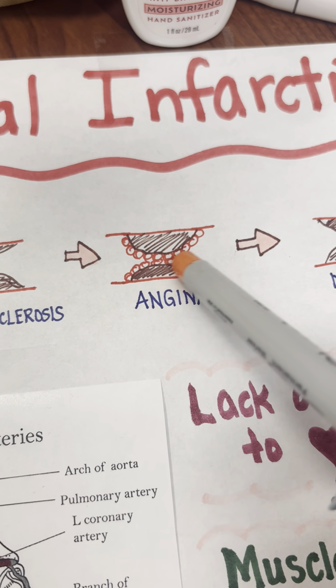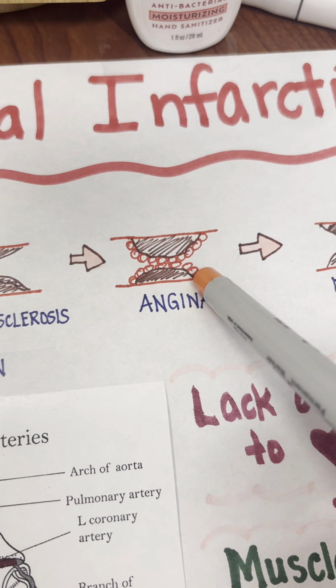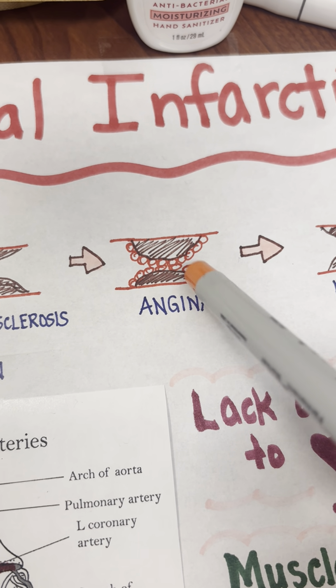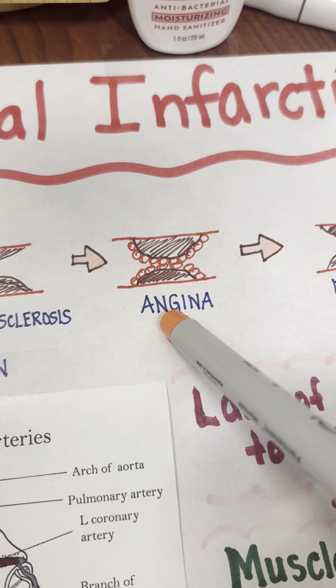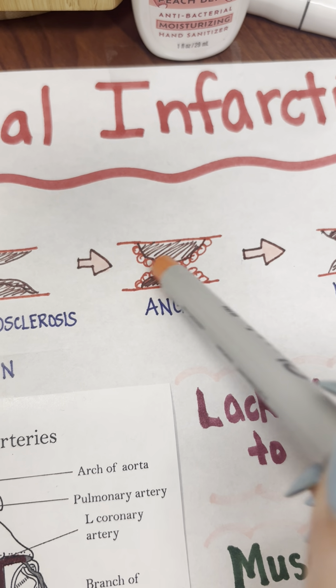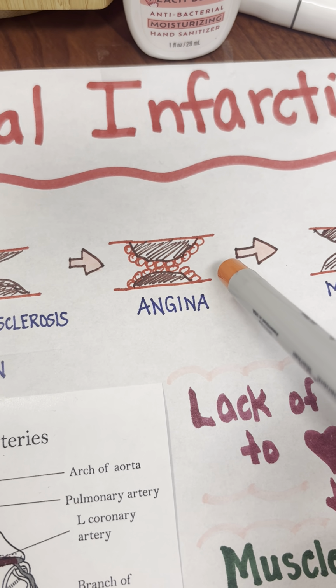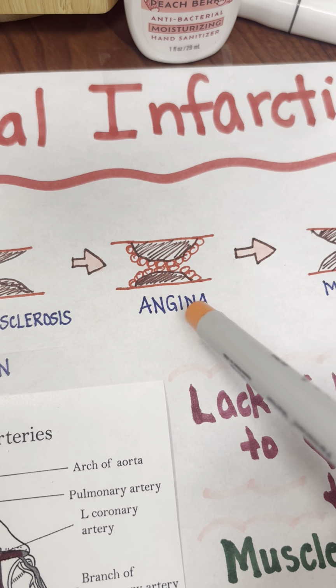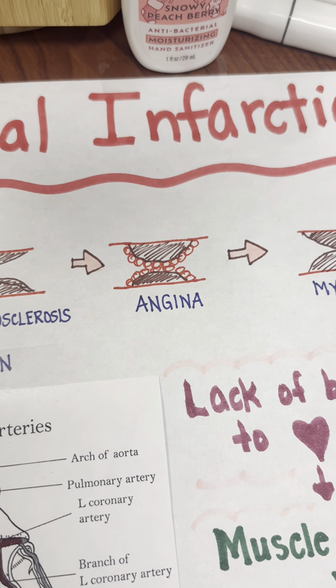But uh-oh, it did, because now the platelets and the sludge are completely blocking the blood vessels to the heart. This is what causes angina, which is chest pain. Yeah, it's going to hurt when no blood flow can get through and your cells start to die from lack of oxygen. That hurts. So they're going to start experiencing episodes of angina or chest pain.